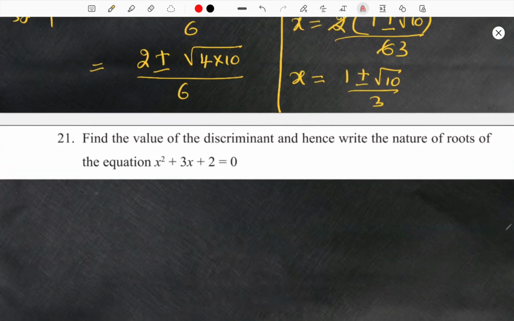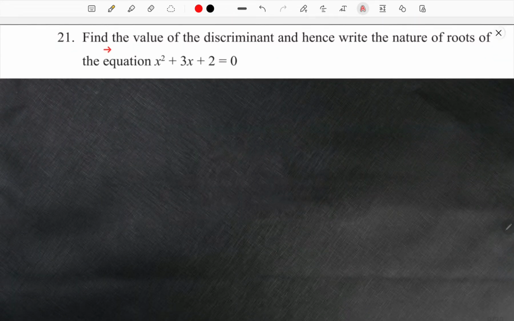Alright, moving forward to the next question. They are asking, find the value of discriminant and hence write the nature of roots of the equation x square plus 3x plus 2 is equal to 0. Alright, discriminant we need to find out. What is the equation? X square plus